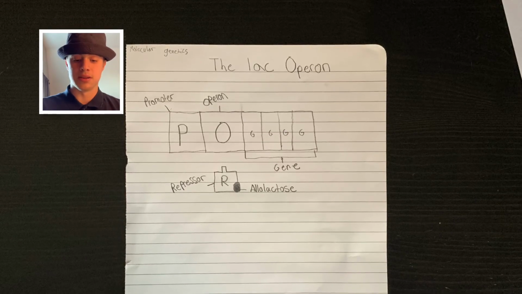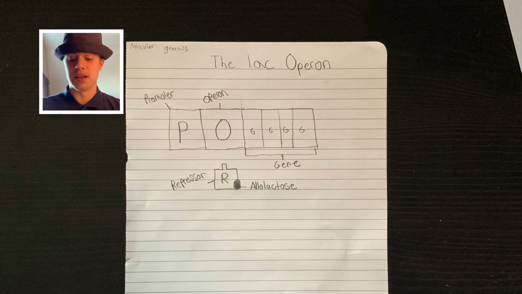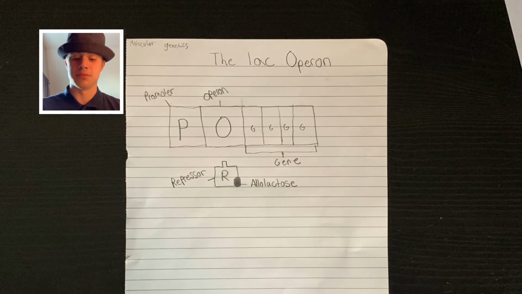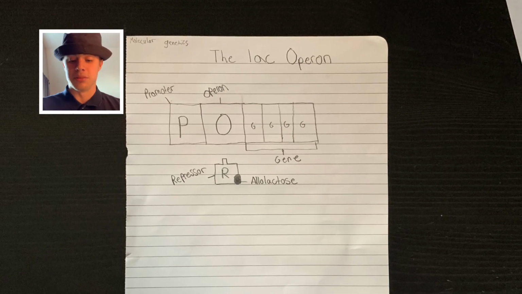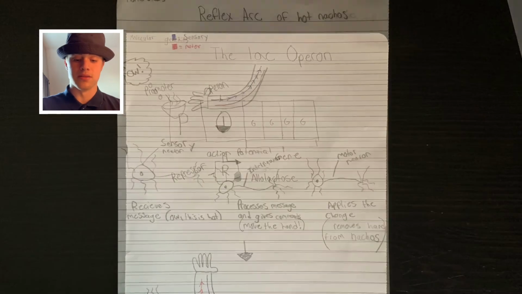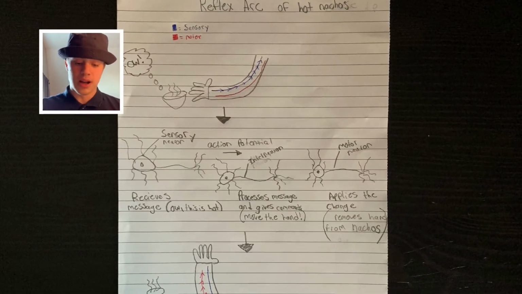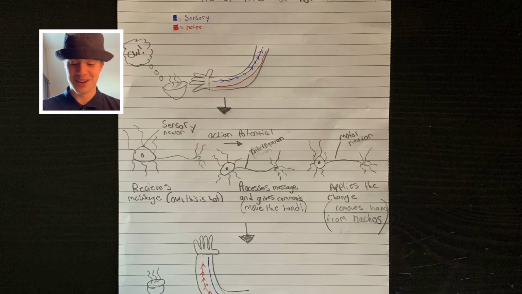However, now that there is the presence of lactose, the derivative allolactose would bind to the repressor, making it impossible to bind with the operator, allowing the production of lactase, which would break down all the lactose from the ice cream. And while at work, I burnt my hand taking nachos out of the oven, which would have triggered a